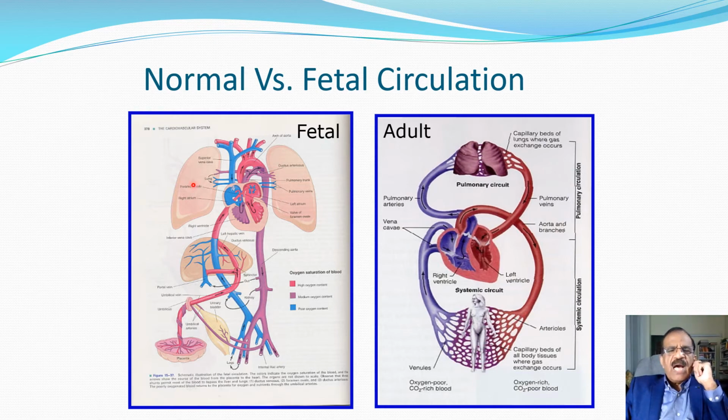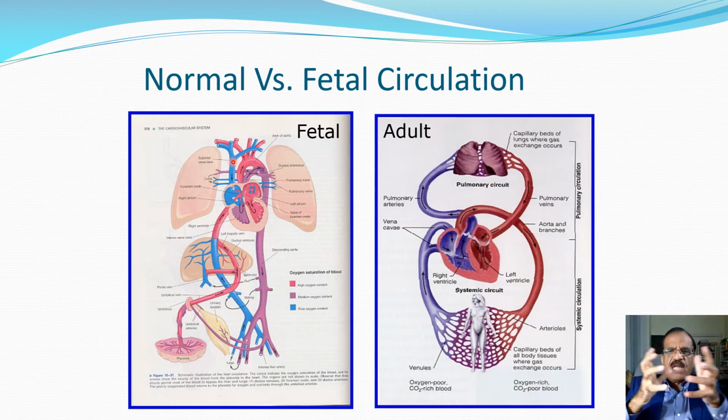Now the lungs are not ventilating, but they do require some oxygen, some circulation. So nature has provided a system of some blood shunting from the aorta to the pulmonary artery through the ductus arteriosus. So these two foramina, the foramen ovale and the ductus arteriosus, they close at the time